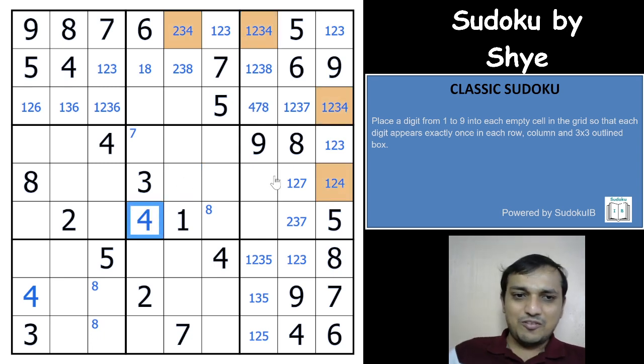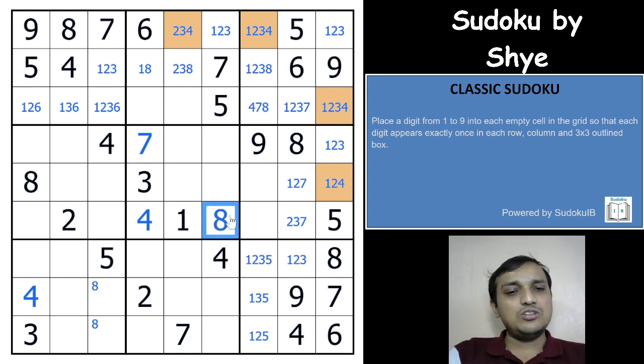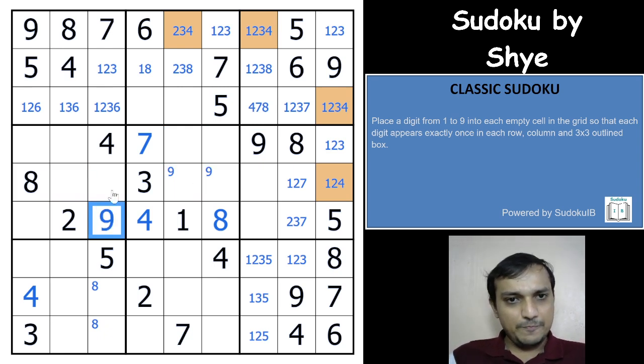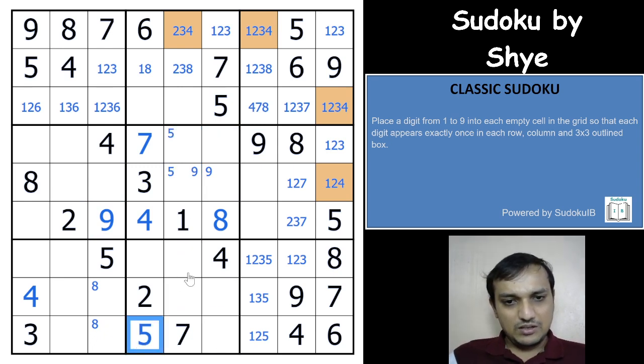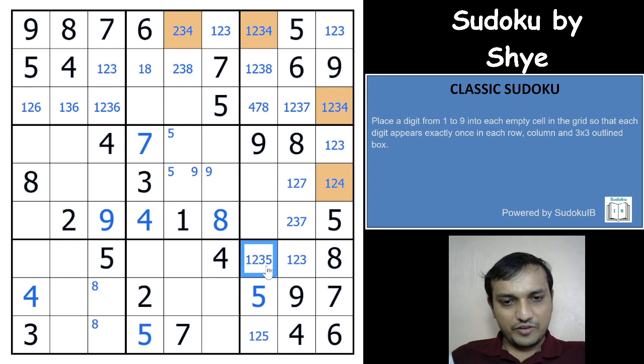So the moment you have a 4 here, there is only one place for 7 and 8 here in this box, and now this Sudoku is done. You can solve this Sudoku easily now. I will show you how. Just pencil marks, guys. 9 would have to be here, and this 9 would have to be here. This cell would have to be a 5, these two cells, which means 5 would have to be here, and this is a 5 now. Okay, this cell is not a 5,